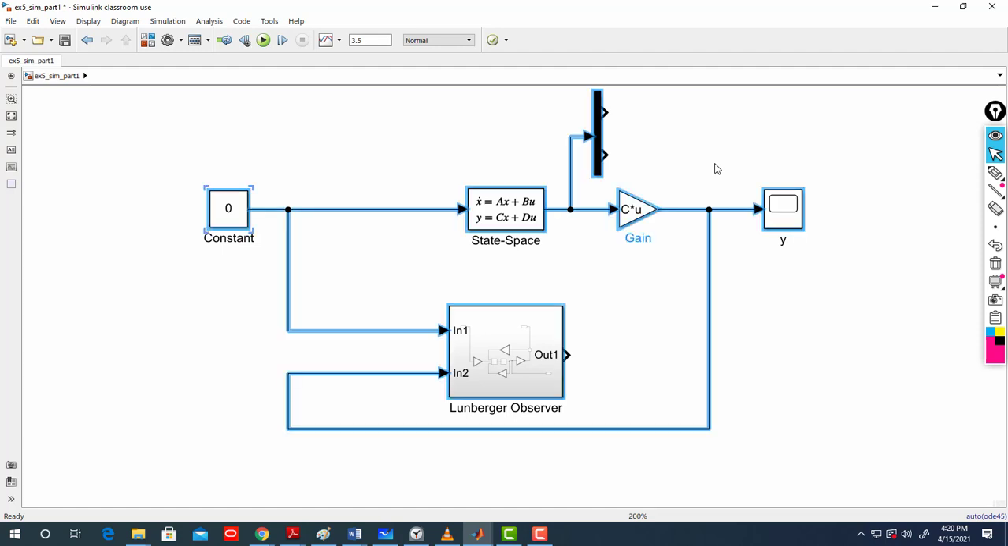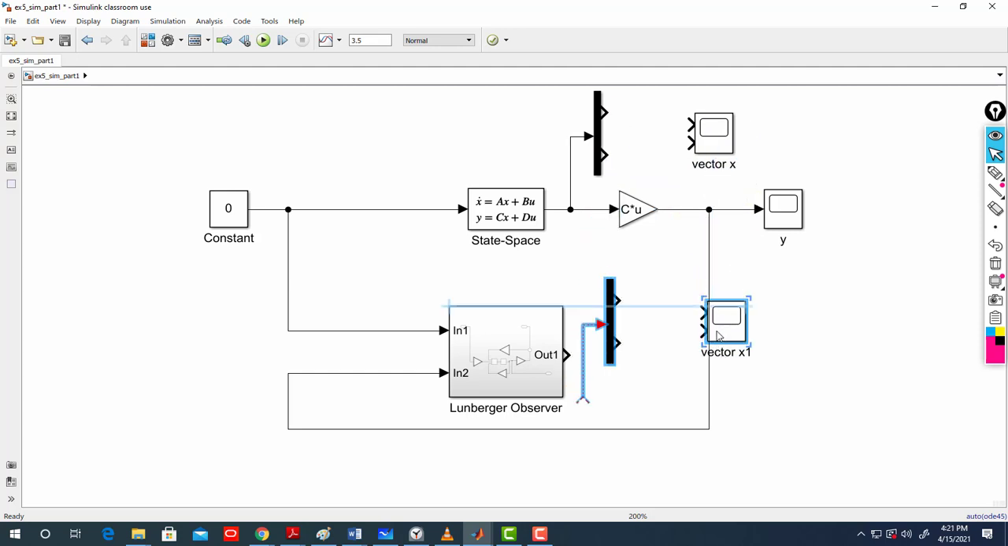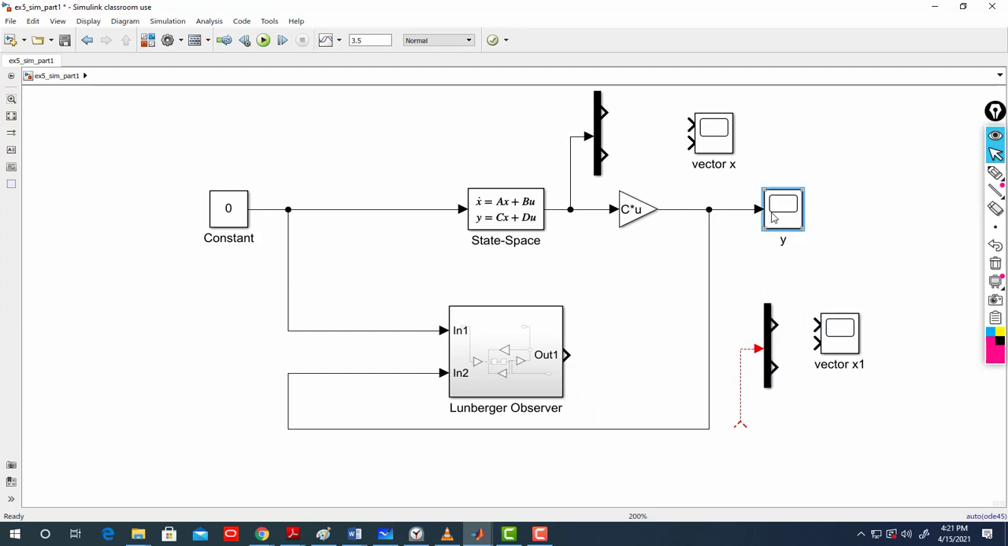Control Z, Control. Okay, what I will do, I will take this from here, copy it to here, alright, put it here. Okay, so